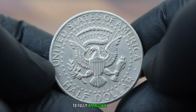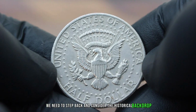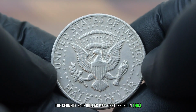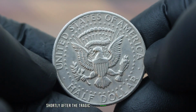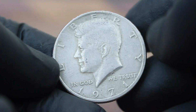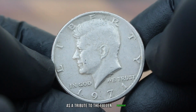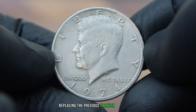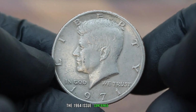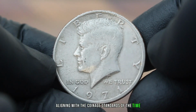To fully appreciate this coin, we need to step back and consider the historical backdrop. The Kennedy half dollar was first issued in 1964, shortly after the tragic assassination of President John F. Kennedy in 1963. The design was rushed into production as a tribute to the fallen president, replacing the previous Franklin half dollar. The 1964 issue contained 90% silver, aligning with the coinage standards of the time, but it was also